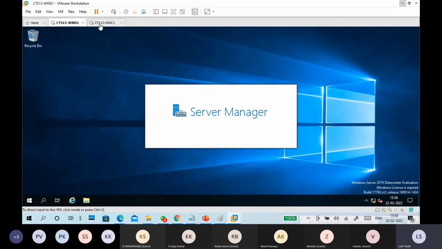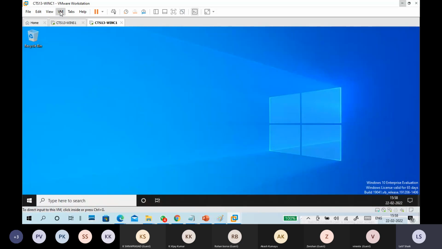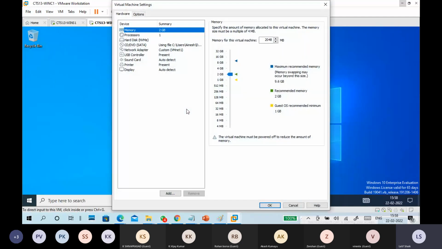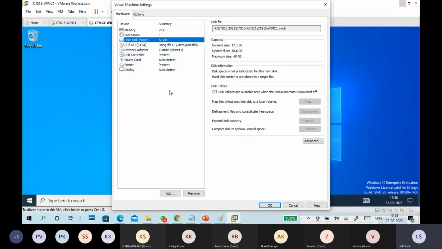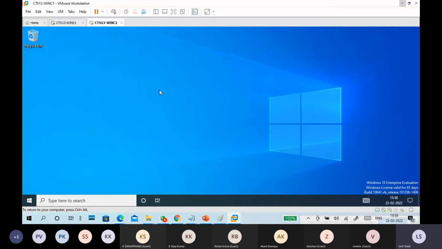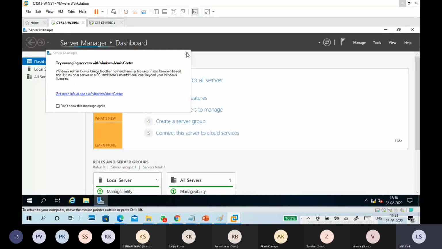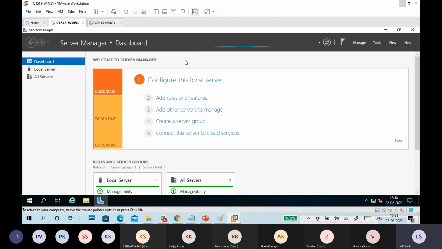Okay. So the client also has only one single hard disk. I took a Windows 10 for my client because I don't have another domain. So I have a single hard disk only. Now, my client requires something like a 50 GB or maybe a 20 GB disk. So we'll see how to do it.